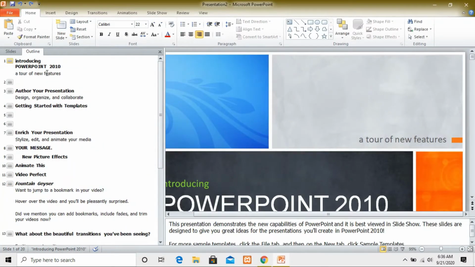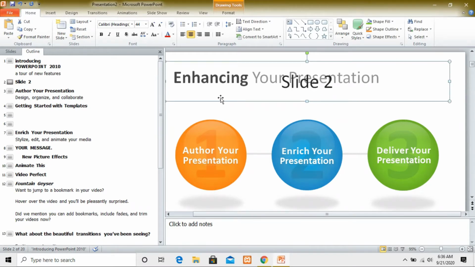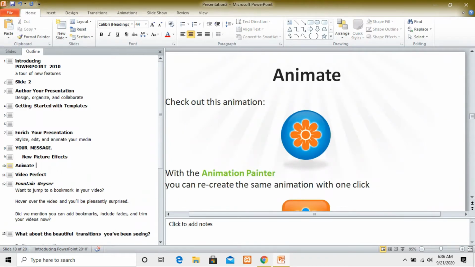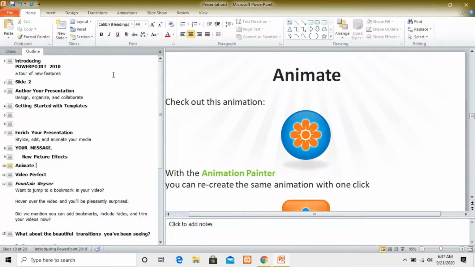In the second slide you have written nothing, so if you want to type something like slide 2, it will write slide 2 here. If you want to delete something on your slide, you can delete it from here. That's why we use the outline tab. It shows you everything in one area, so you don't have to go to different slides. You can see each and everything in one single place. That's why the outline tab is very helpful for us.